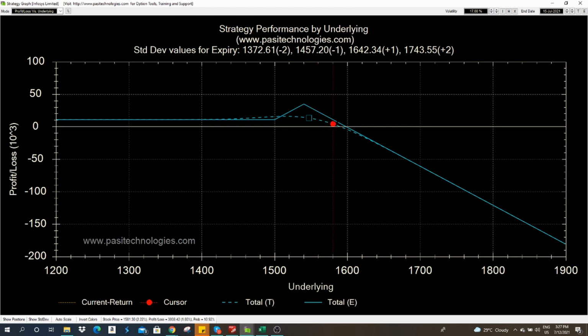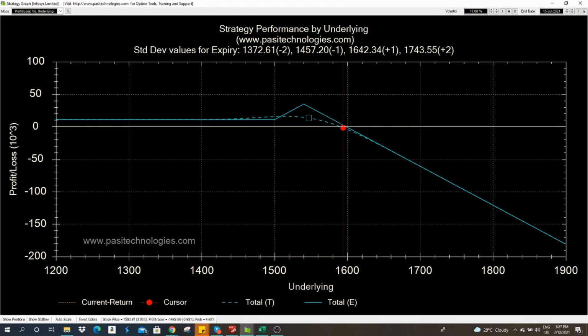However, when the risk comes, yes, the highest open interest is at 1600 and 1620, but the market may try to surprise you on the upside. If that happens, as I told you, you can either go long in the call option or go long in the future. At the same time, you have to short the put option to mitigate the risk. Suppose the market goes beyond 1600, then you may have to carry this strategy till the end of this month. Otherwise, you have to book a loss. That is also one of the things.